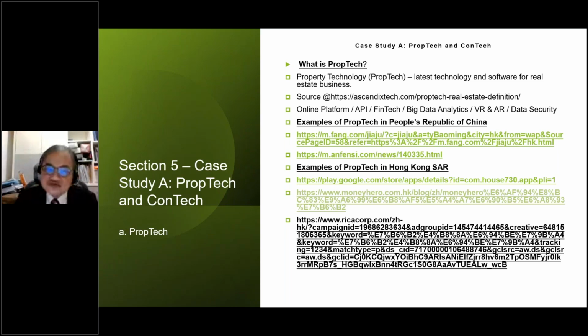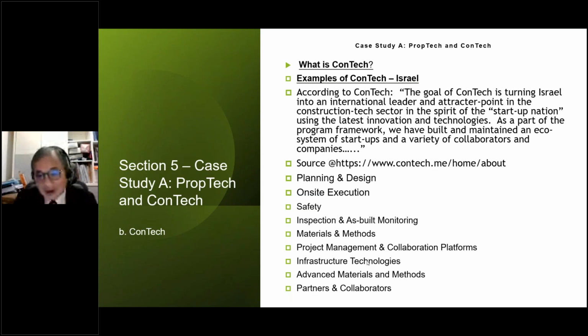In terms of contech, I have prepared two slides which are the latest development of contech in Israel and also in Hong Kong. In Israel, you can just click into this link and identify these areas of development.